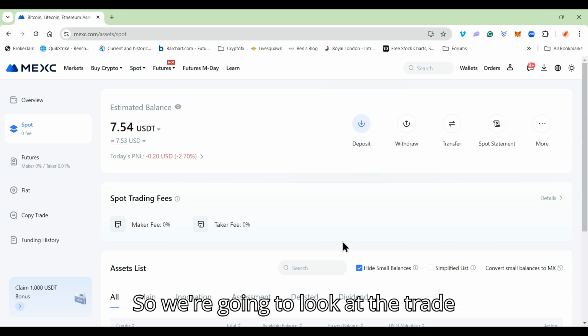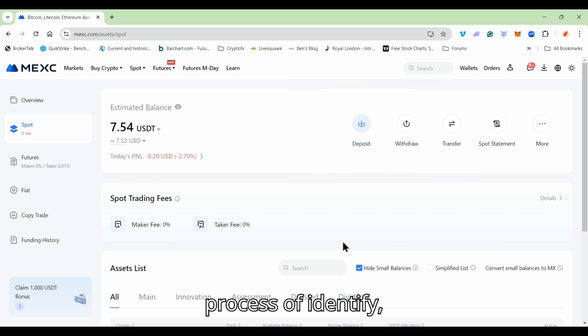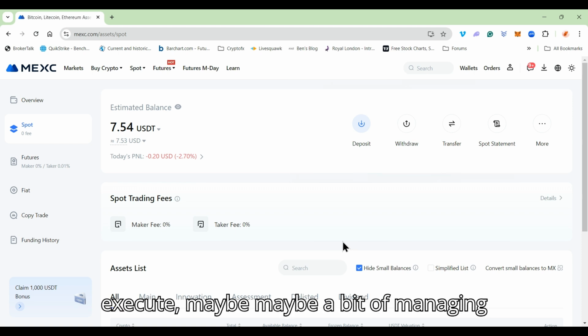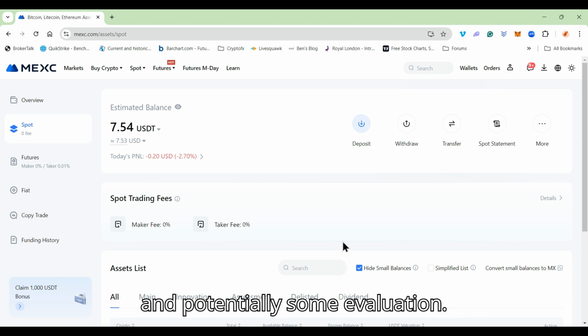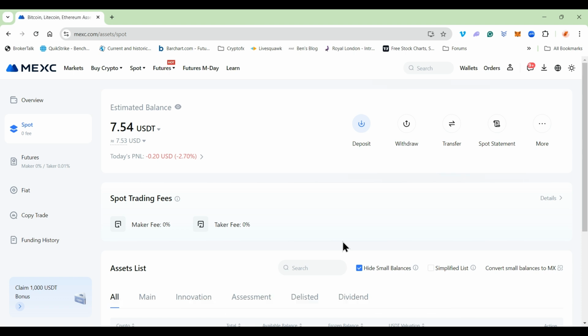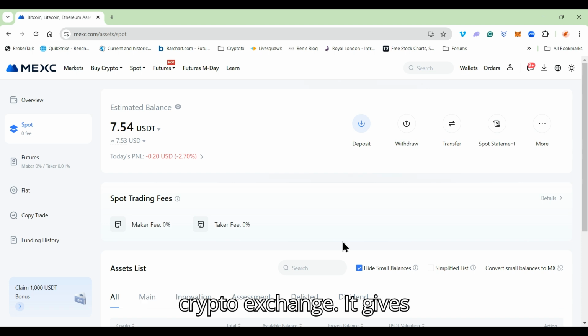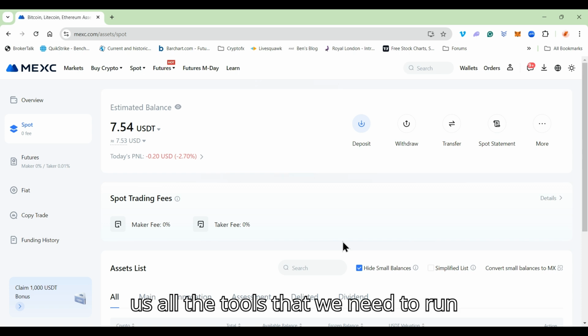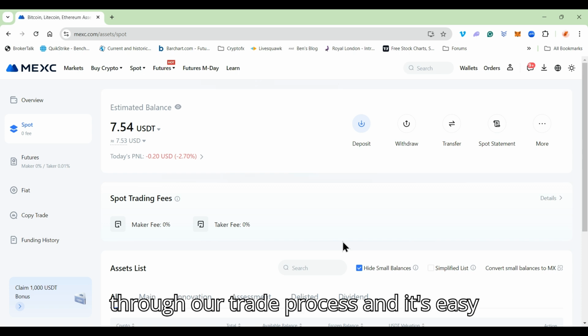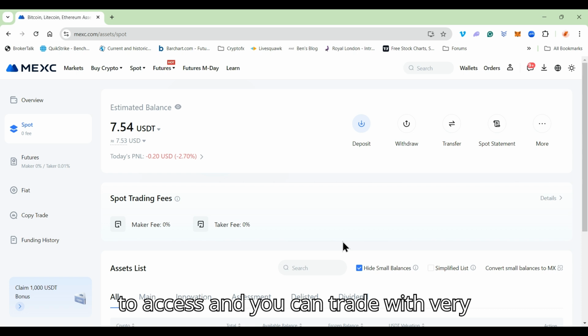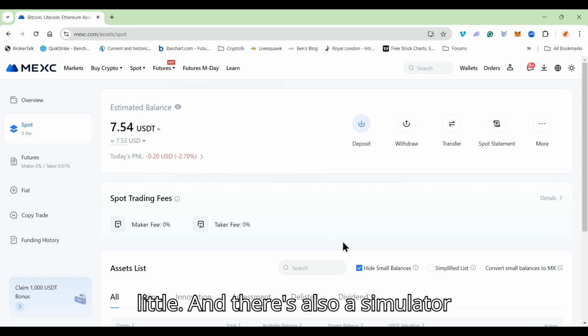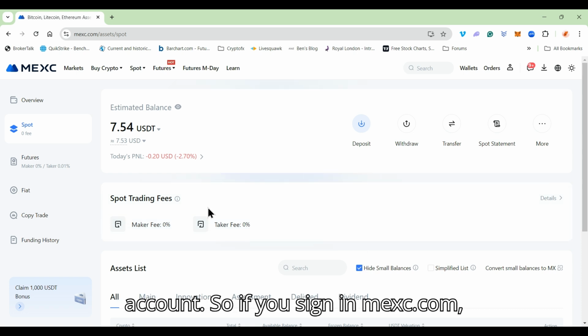So we're going to look at the trade process of identify, execute, maybe a bit of managing, and potentially some evaluation. I'm going to use mexc.com, which is a crypto exchange. It gives us all the tools that we need to run through our trade process, and it's easy to access, and you can trade with very little. And there's also a simulator account. So if you sign in